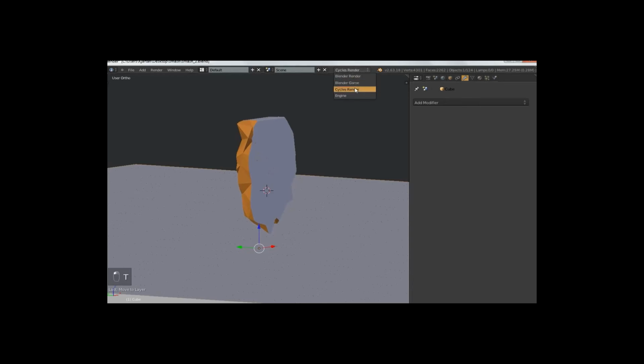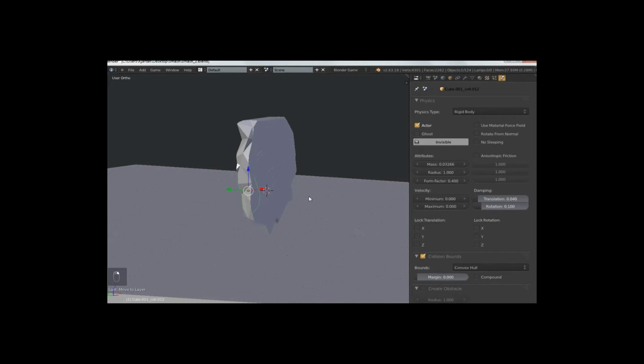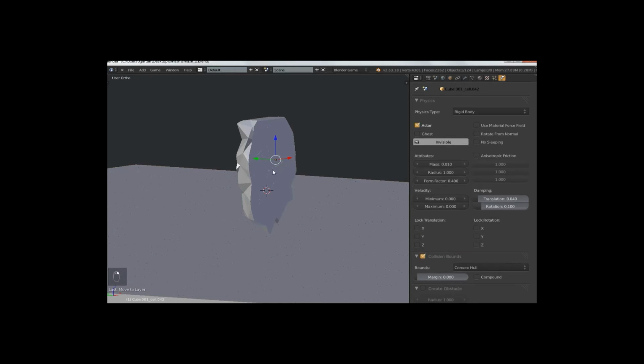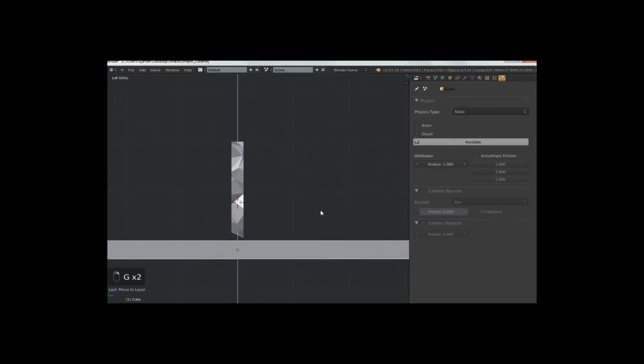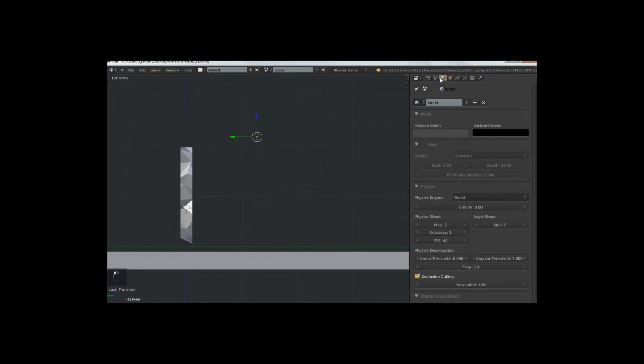Now we are at the second part of this tutorial. I'm going to set up the dynamics, and I'm going to use the game engine logic. I'm giving the floor a little bit of a margin, and I'm pulling it down by negative 0.1 on the z-axis.